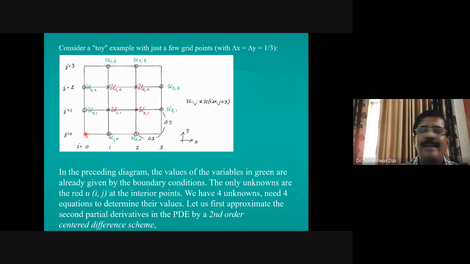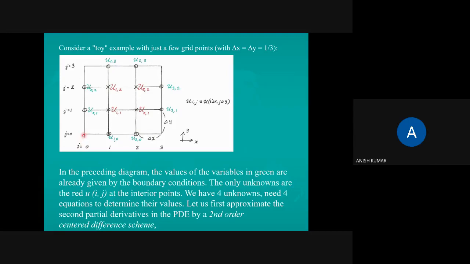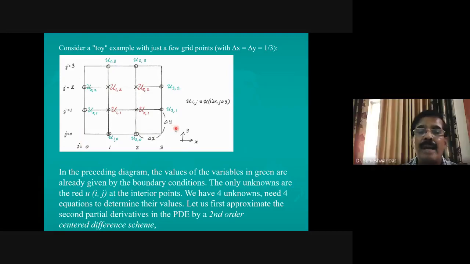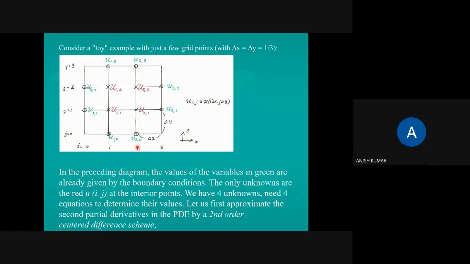Starting point. Now, in your case, you said 1, 2, 3, 4. Here it is 0. It is just a notation. But in a computer program we cannot give 0, because you cannot start with 0. It cannot be I equal to 0 to 10, it will be 1 to 10. So the starting point is 1, 1 to m and 1 to n, whatever notation it is. So this is just a notation for the illustration. Okay, index.